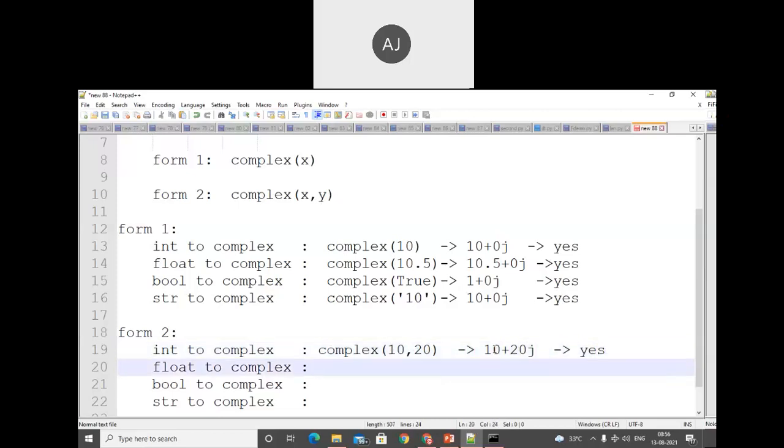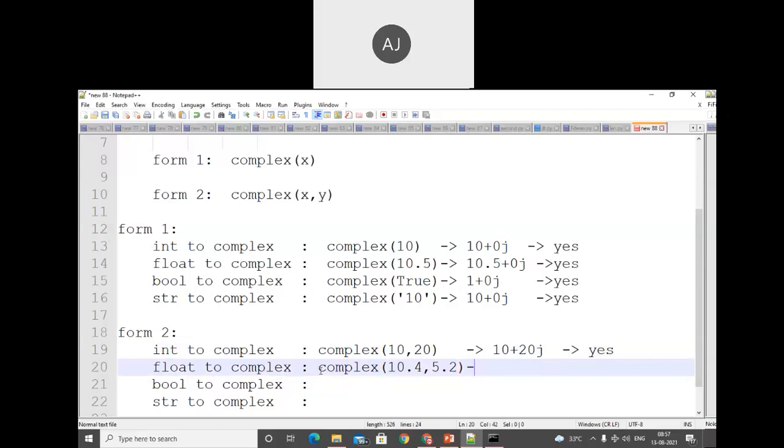Similarly, for complex form number integer, this section is very tricky. It is a very tricky type of question. When we convert a float, a fractional value, into a complex number, there may be values like 10.54 comma 5.2, and then it is also easily converted into a complex number.